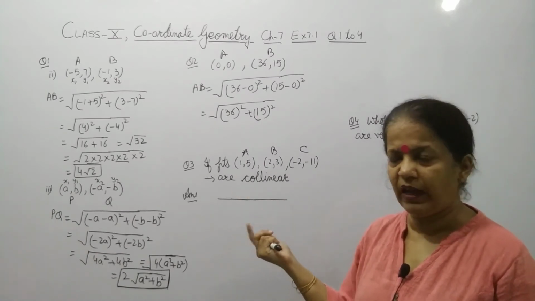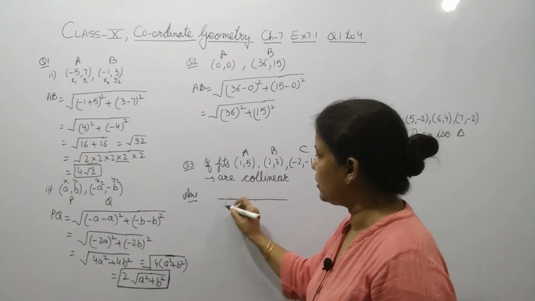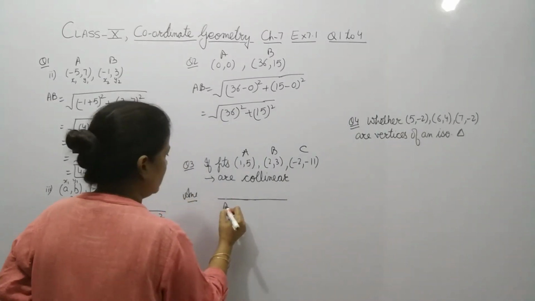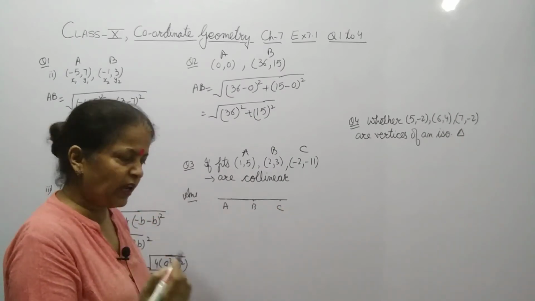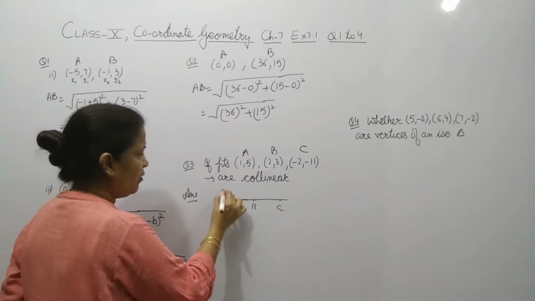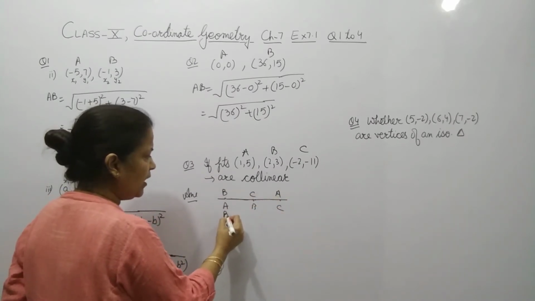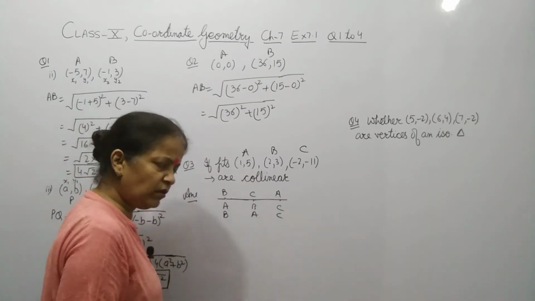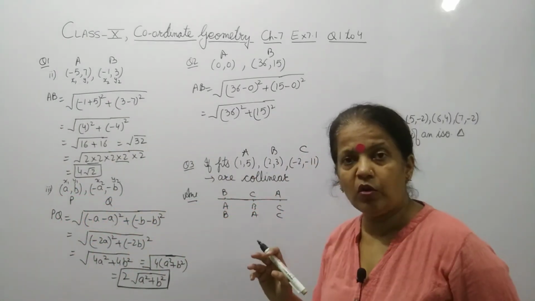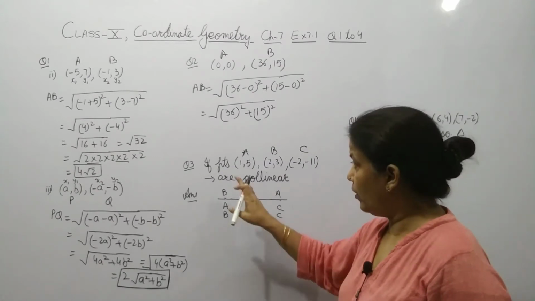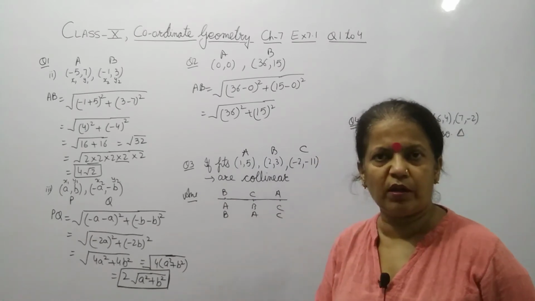अब देखिए, they are not mentioning कि ये सारे coordinates, all the 3 coordinates are in same order. It can be anywhere. ये ऐसे भी हो सकता है, A यहाँ पर हो, this is A, this is B, this is C. Order can be changed. This can be B, C, A. It can be like B, A, C and so on. Order can be in any way. So, how will you do this question? Prove, you have to show whether these points are collinear or not.